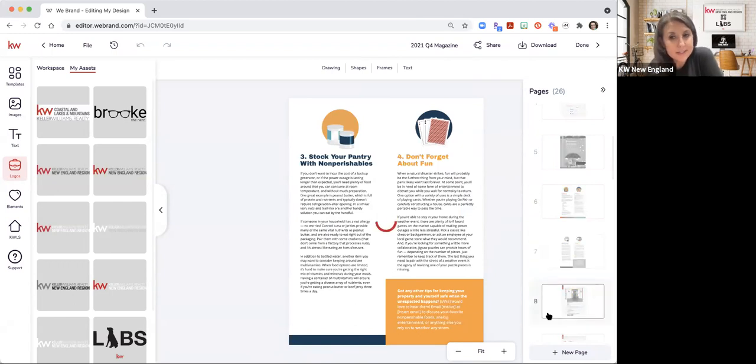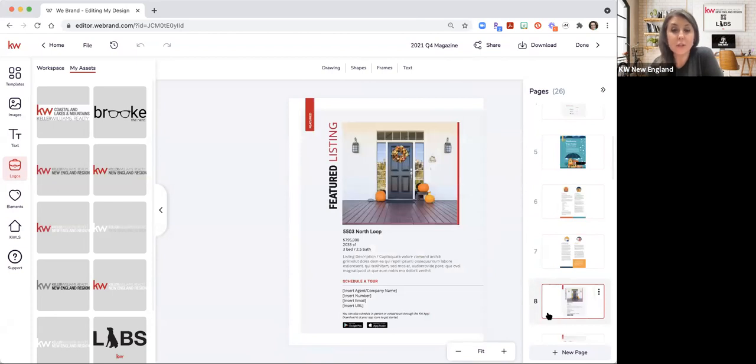And then you can feature listings. You don't have to. This is a page you can leave out, but if you are farming to a certain area and you want to talk about a home that sold over a certain amount in that area, instead of schedule a tour, you could put schedule your